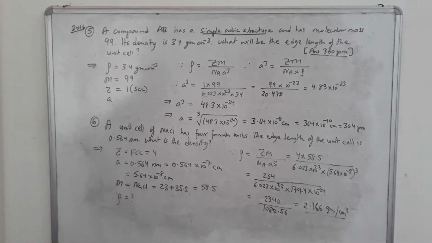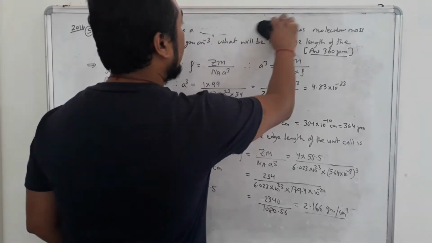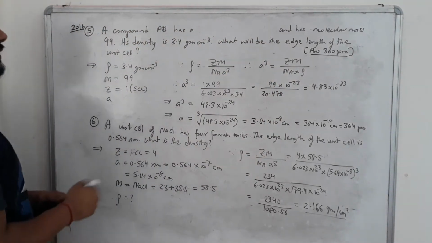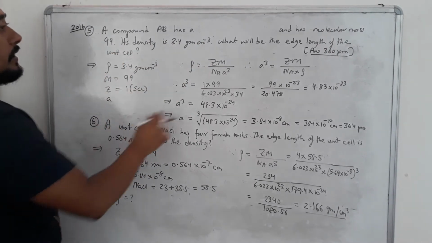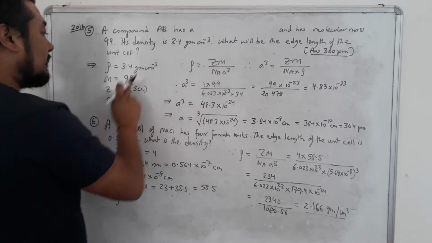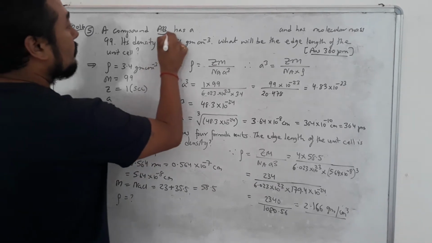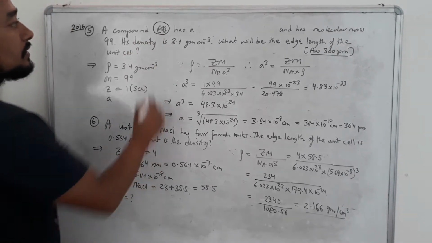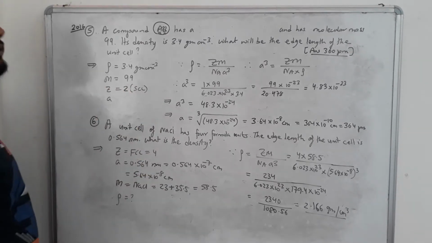But what if the lattice was not mentioned? Suppose simple cubic lattice is not mentioned. Now what will be the case here? In this case, density remains same, molecular mass remains same. Now Z, how to find? If it's SCC, I write 1, BCC, I'll write 2, FCC, I'll write 4. But if nothing is mentioned, students, you have to see the formula of the compound. In the formula AB, total how many atoms? 1A, 1B, total 2. So in place of Z, I'll write 2.